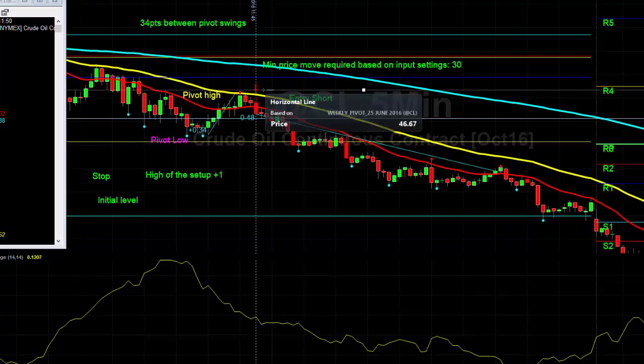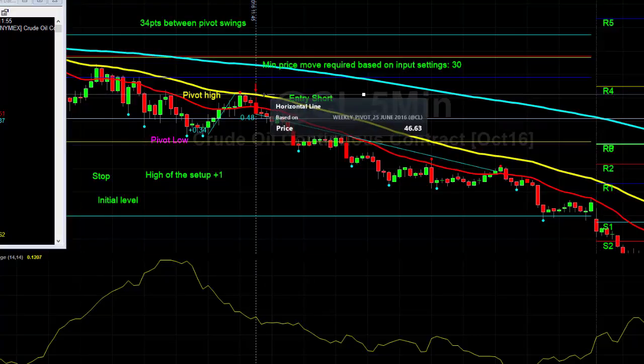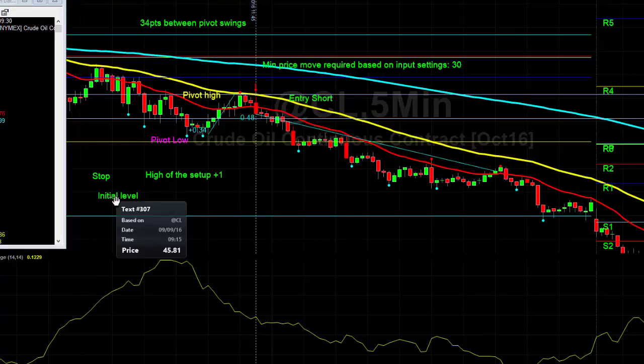We might decide that we're going to have a 20-point stop, and that's our risk. So we're risking 20 points or $200. So that might be a predetermined risk that we have every time we take the trade. So you've got the option to have an initial stop on this trade, and the other one is using the